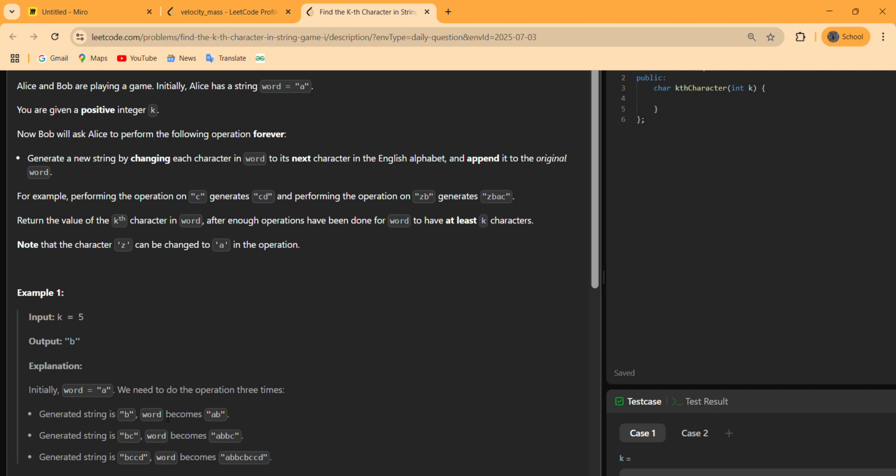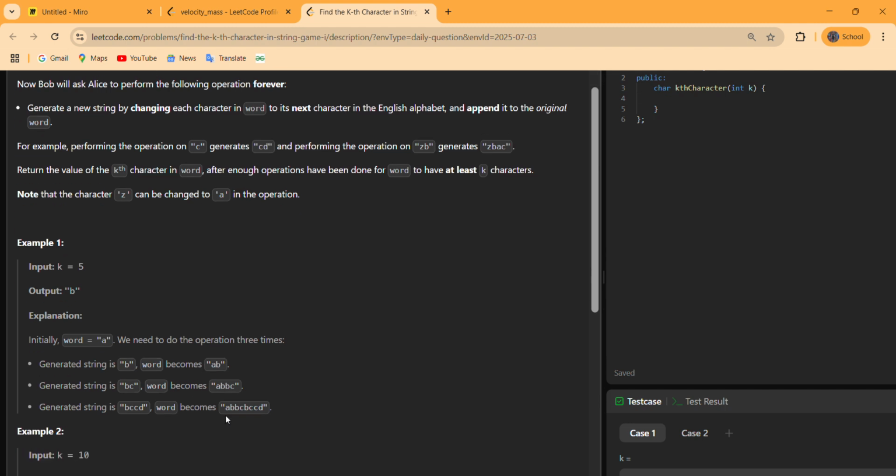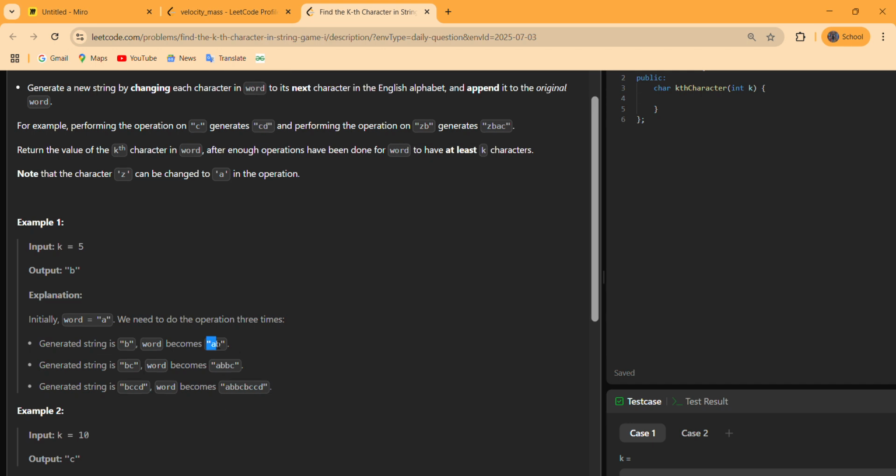The original word becomes "ab", which still does not have at least k characters, so again do the operation. The new string this time is "bc", and we append this to our word so that it becomes "abbc". Still not enough characters, so again perform the operation.